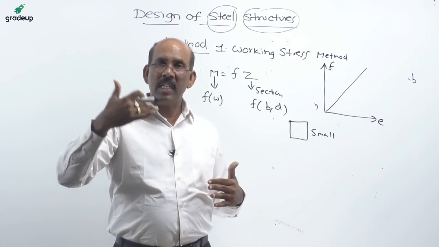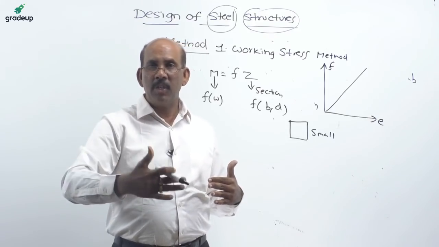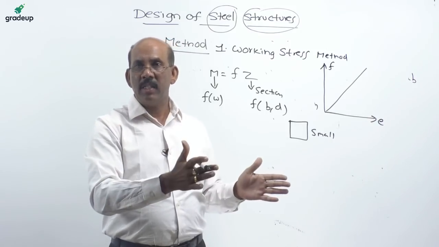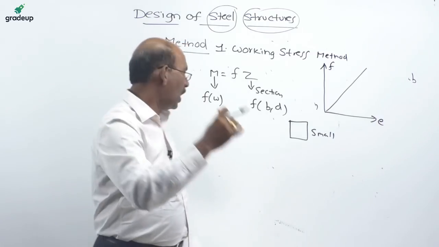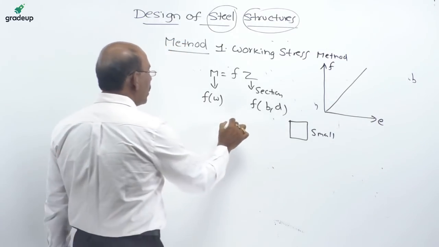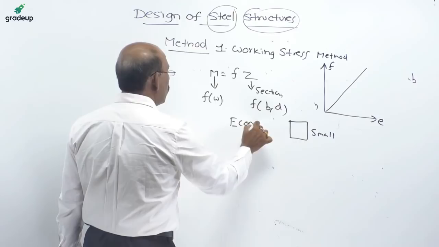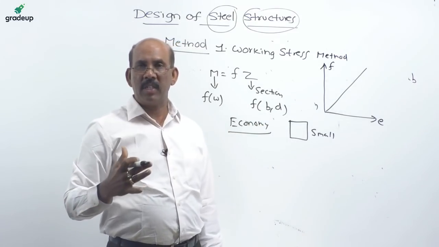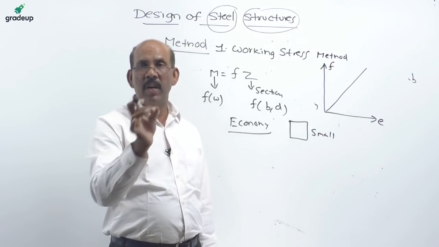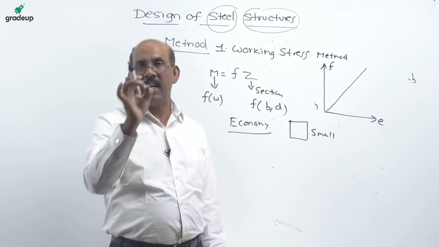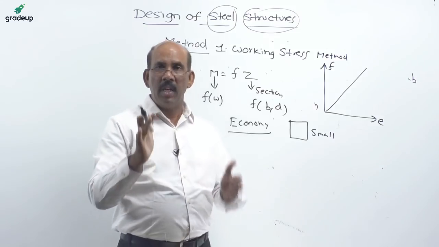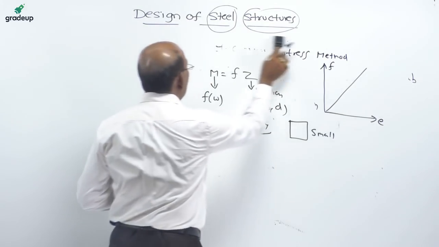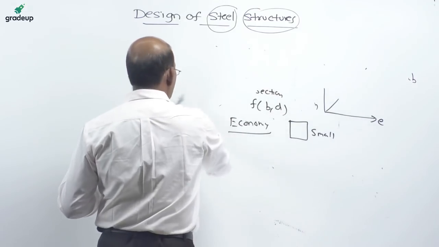That means it is indirectly making a statement: the duty of an engineer is to economize the constructions. So here the size is reduced, thereby we are maintaining economy in our construction. So these are the methods of design of these particular structures, one is the limit state method and another one is the working stress method. Coming to the topics of these particular connections as well as the designs,